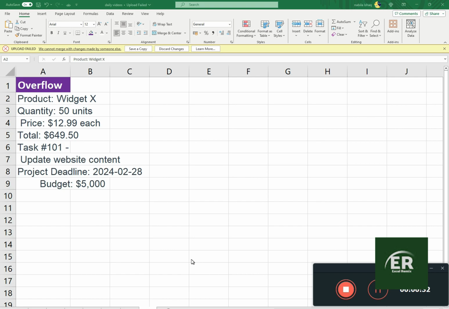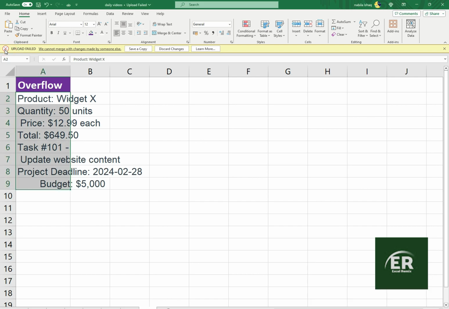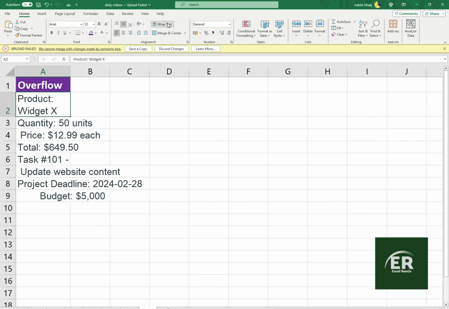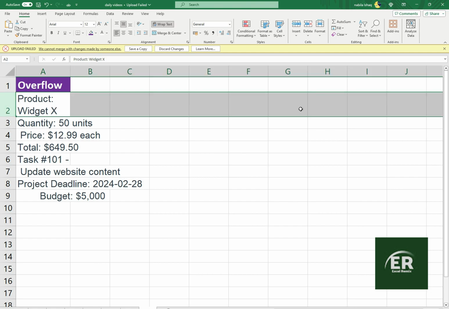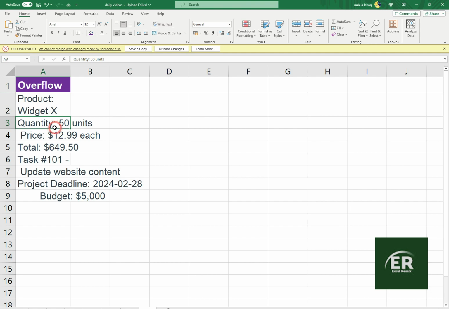So in this video we will discuss how to prevent cell content overflow in Excel. So let's begin. When you write a long text in a cell, the cell contents overflow to the next cell, and if you enable wrapping text for this cell, the row height will be changed for this cell. So if you want to prevent cell content from overflowing to other cells without affecting row height,